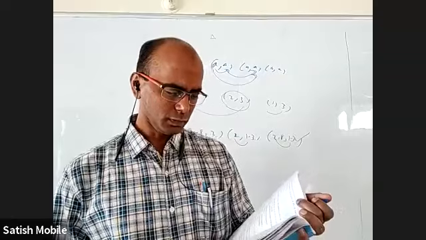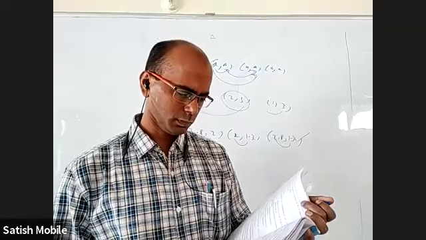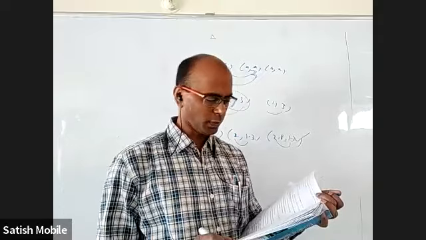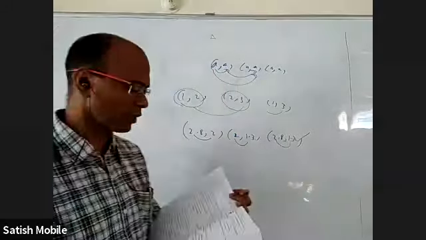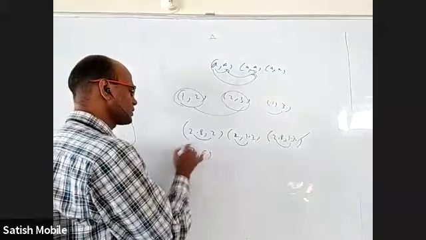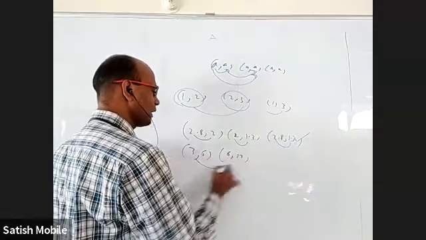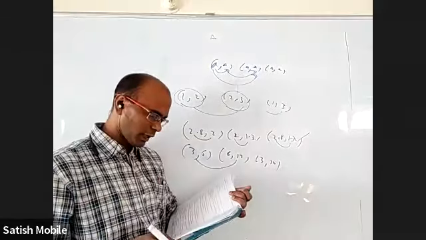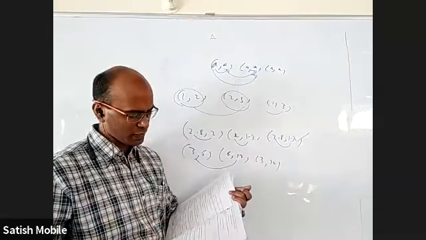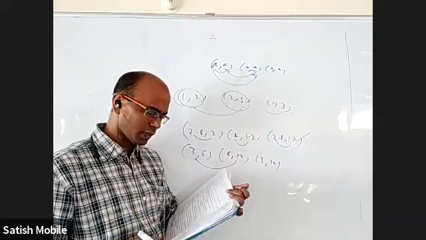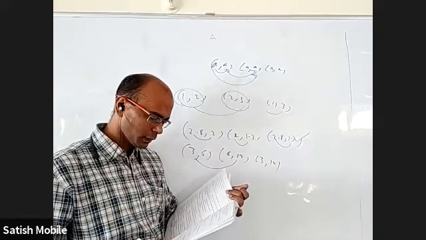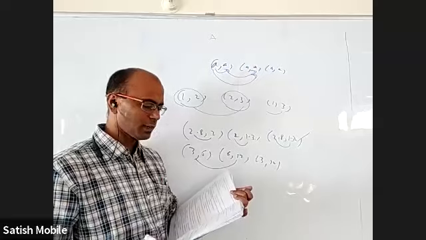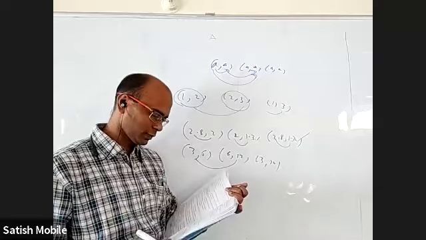Is it transitive? There may be an example where it is transitive, there may not be. We will see. 3, 6 is there, 6, 12 is there, and 3, 12 is there. So this is a positive thing that is there. But is there anything where AB is there, BC is there, but AC is not there? What is that? Please tell me AB and BC, but AC is not there.